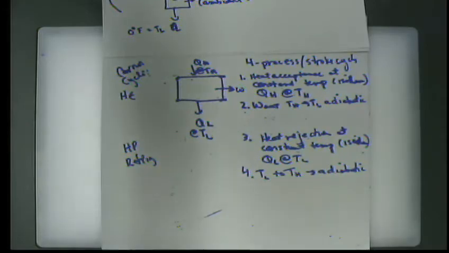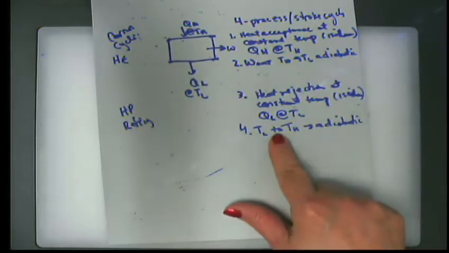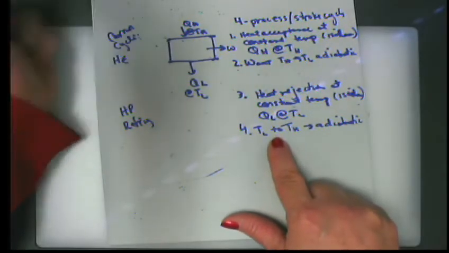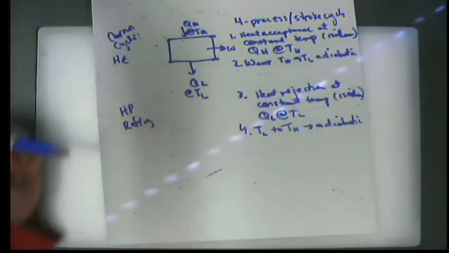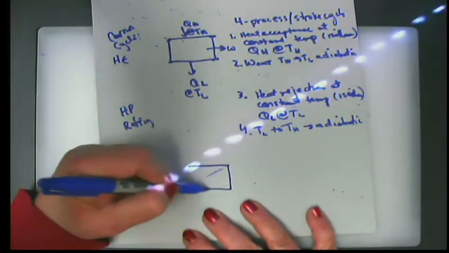They all kind of have to be analyzed in the same way. All right. So Carnot cycle are these four processes, starting at T sub H and ending up at Q sub H, the purpose of which is to get out work. Now, a Carnot cycle for a heat pump,